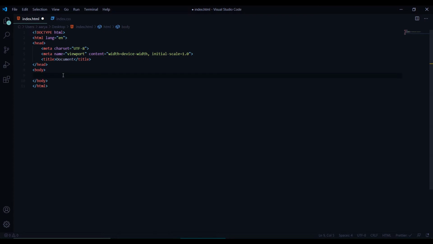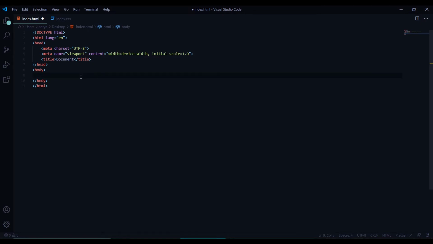Now, moving on with our list, the next we have is how to write tag names. Instead of writing tag names like first the angular bracket, then the tag name, then closing it, the Emmet way of writing it is just write the tag name and press enter, and it will itself provide you with the opening and the closing tag of the respective tag. Like for span also, if I type span and then press enter, it will provide me with opening and closing tags of span. Same goes with every other tag.